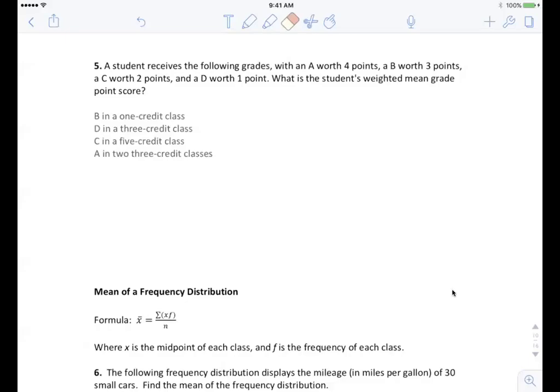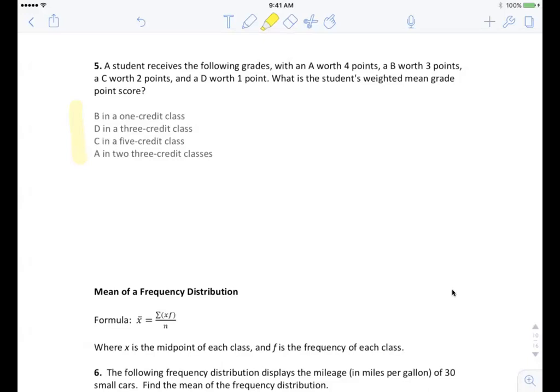Class, going to continue with the Chapter 2 notes on page 10. This is still in section 2.3. Another type of weighted mean is a student's grade point average. Here we have a list of grades that a student received, and we want to find that overall